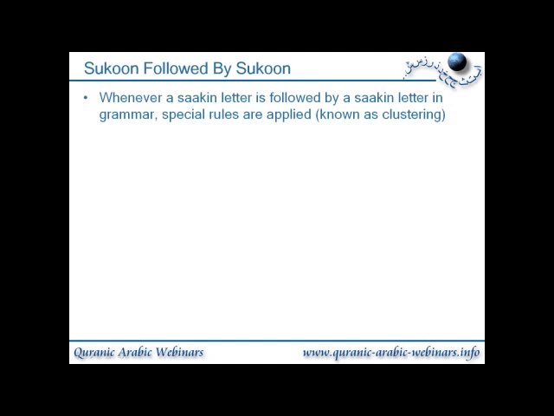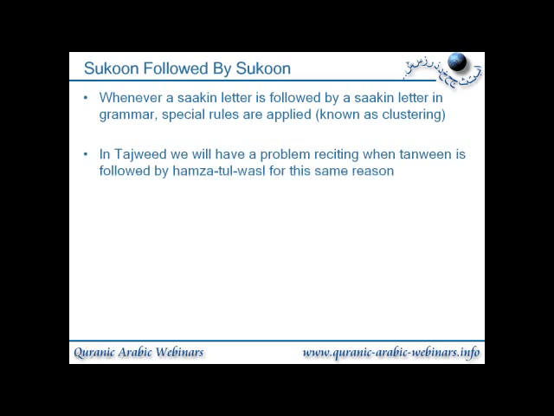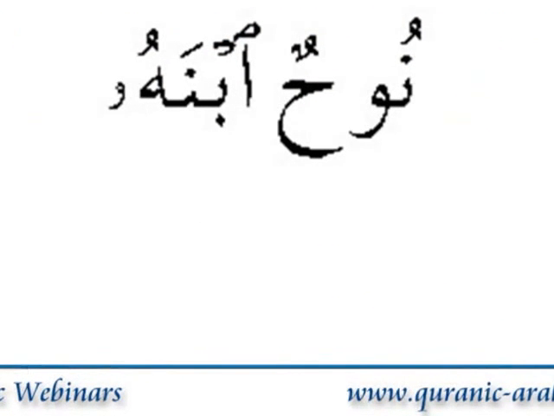Whenever a sakin letter is followed by a sakin letter in grammar, special rules are applied, sometimes known as clustering. In Tajweed, we will have a problem reciting when tanween is followed by hamzatul wasl for this same reason. So let me just explain this with a small example. Here we have from the Quran two words. So we have nu, hun, and the next